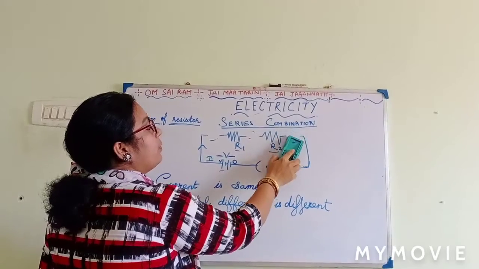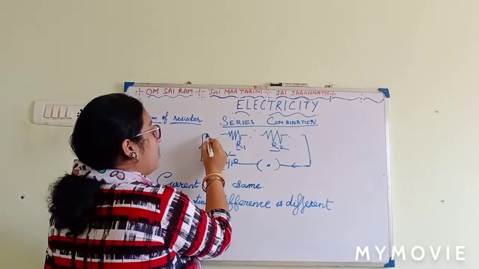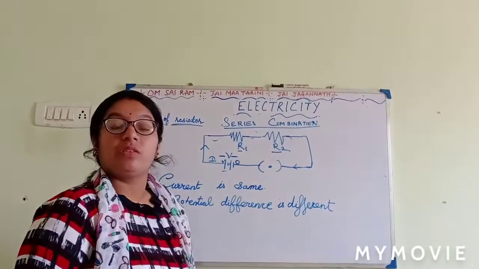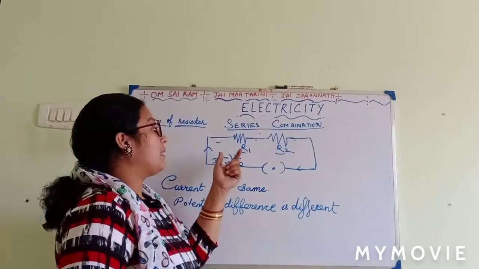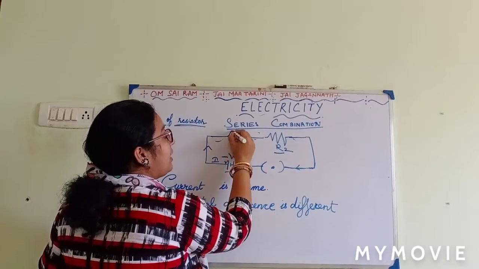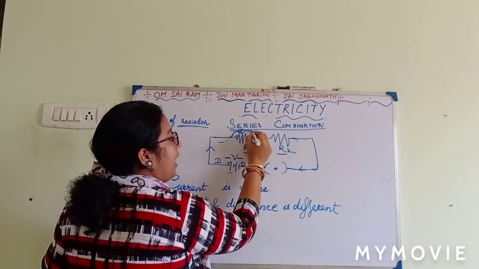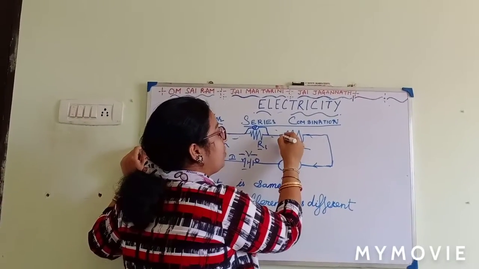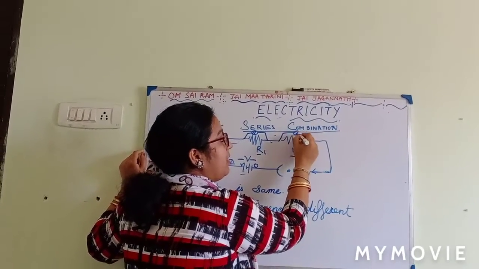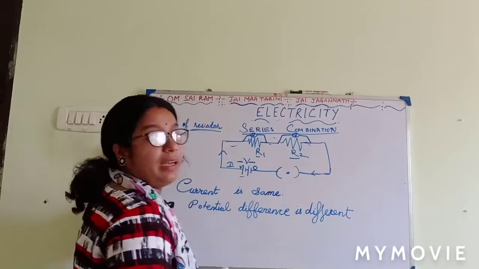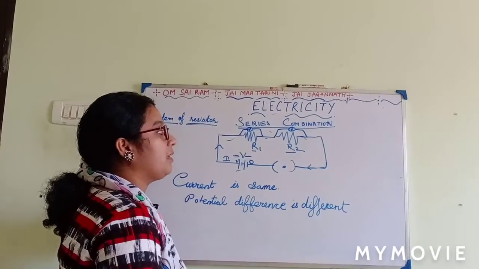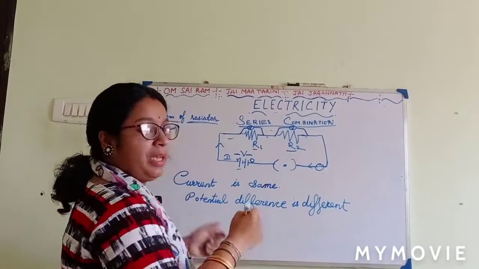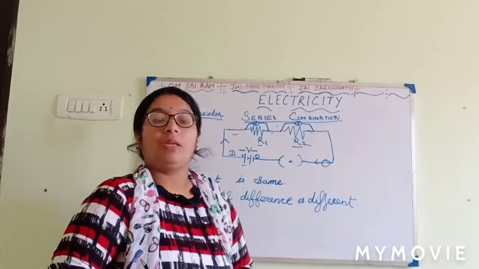Now what we will do, we will take a voltmeter. What measures potential difference? The voltmeter measures potential difference, and voltmeter is connected in parallel. So I will connect a voltmeter over here and record the potential difference, and then I will take one more voltmeter and connect it in parallel and note the voltmeter reading over here. And at this point somewhere over here, I'll make a parallel combination and check the voltmeter reading.